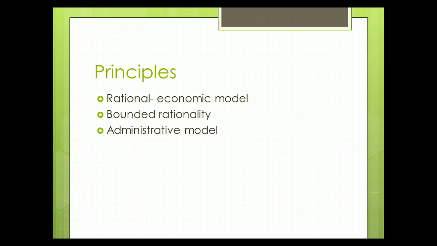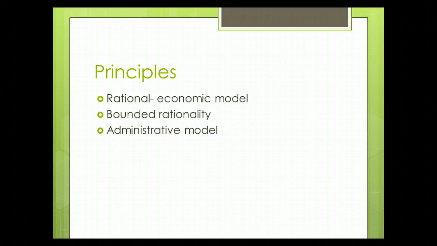It could be just limitations due to the complexity of the problem or uncertainty about the problem that's being solved. And it's just there's not enough information available that is certain to make a fully rational decision. The boundary could be time pressure. There could be a limitation on the amount of time available to make the decision that limits our ability to be completely rational. So that's bounded rationality. The idea that there are some limitations to our ability to be completely rational in our decision making.